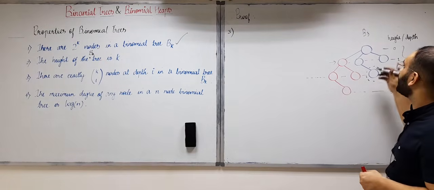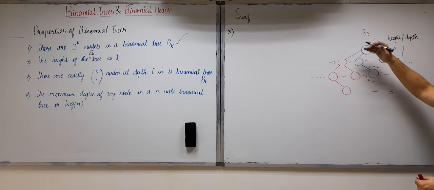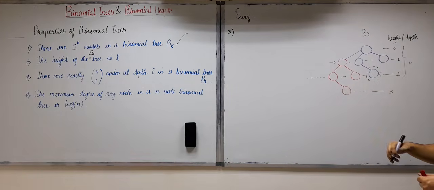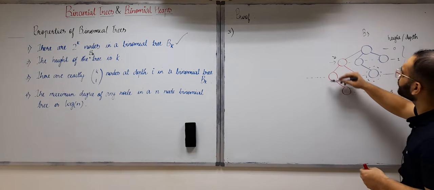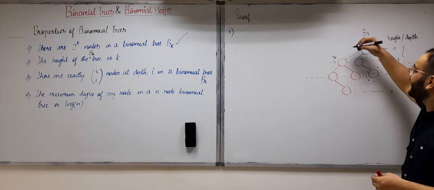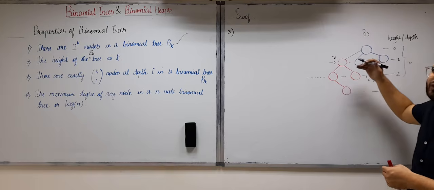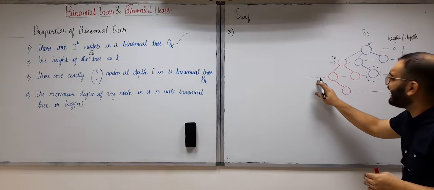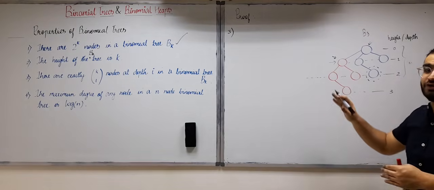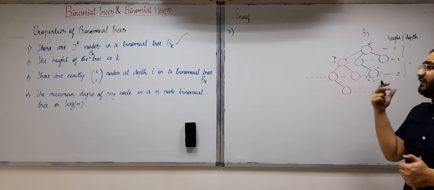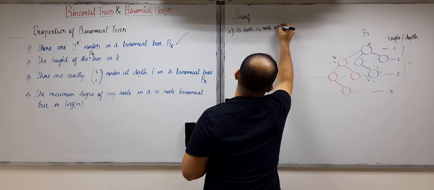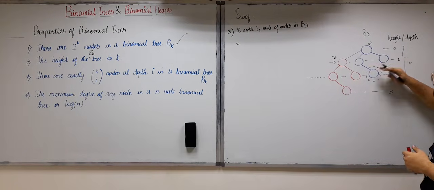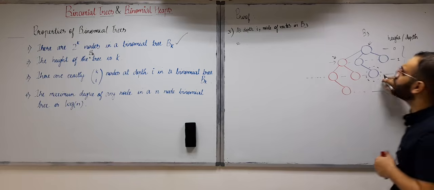Why? Because there is a B2 starting one level down from where a B3 is starting. As you can see over here, this is the root of this B2, and it is starting one level downwards from where this B3 is starting. At depth i, the number of nodes in B3 will be equal to the number of nodes at depth i in B2 plus